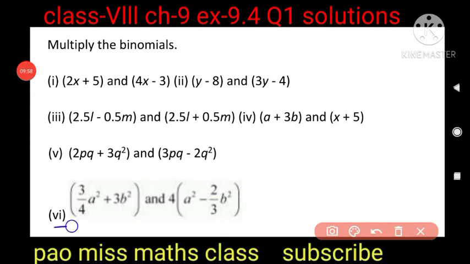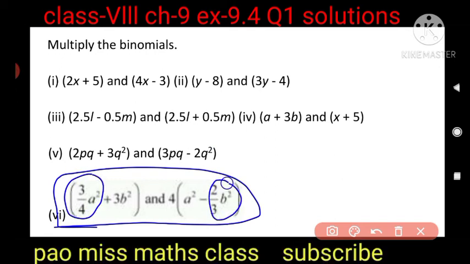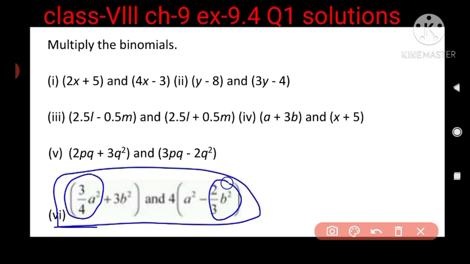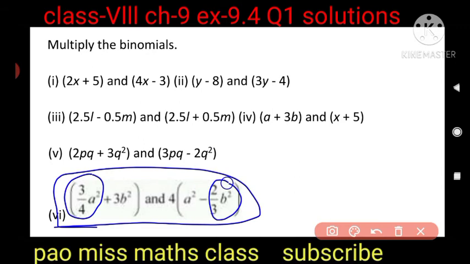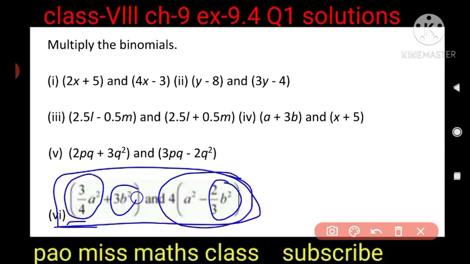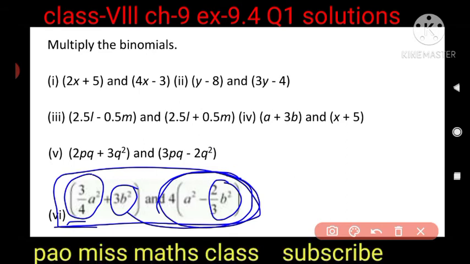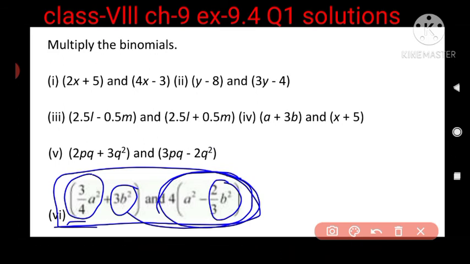Now this is question number 6, and here you can see some fractions also, isn't it? These are in fraction and this is also in fraction. So don't be scared. If there is a fraction, don't think that it will be tough, it is the same. You have to use the same process. From the first term you have to multiply all of the second expression, and from the second term again you have to multiply all of the second expression. Then again you have to break the bracket. Simple. In only 3 lines we will get our answer, isn't it? So collecting like terms, then after that we will get our answer.